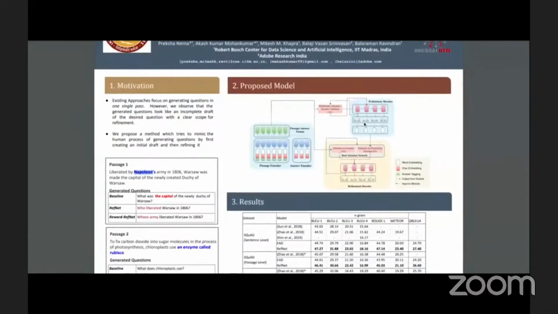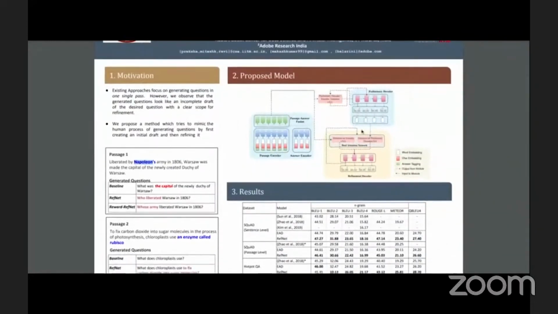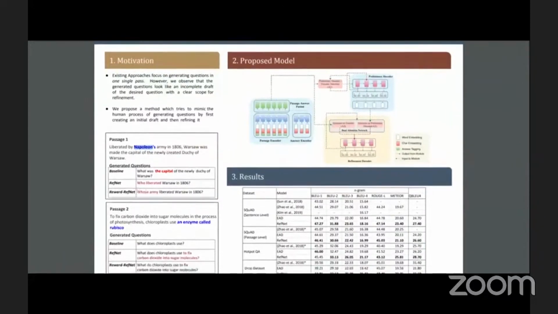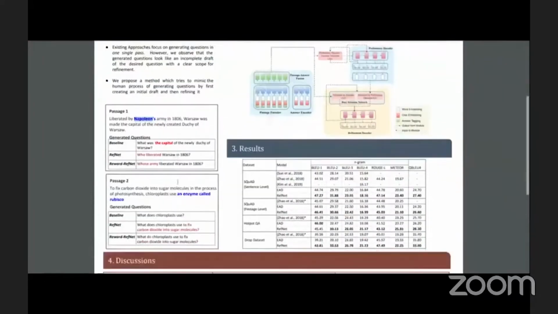So we mitigate this problem by decoding one more time, where the new refinement decoder takes into account the passage and answer, and along with that, it also takes into account what has been generated in the first pass. Here you can see that the new question has been corrected by saying whose army rather than who liberated Warsaw.